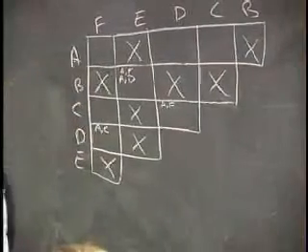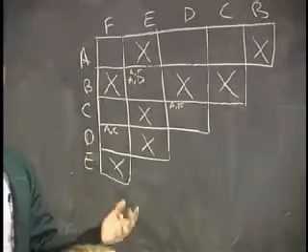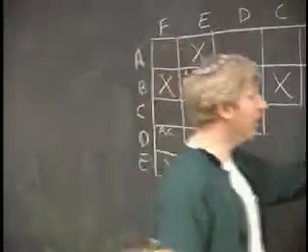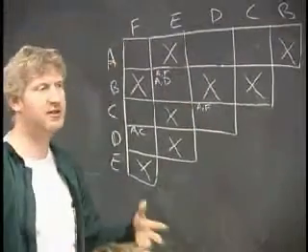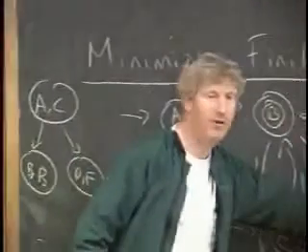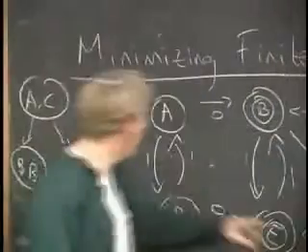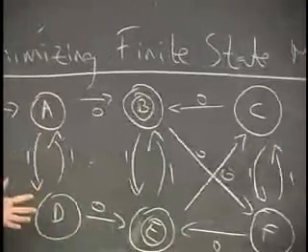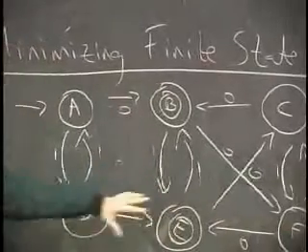There's really a lot of math behind this that I'm leaving out for a minute, but I'll just briefly mention that this is based really importantly on this idea of an equivalence relation. Deciding whether one state is distinguishable from another is an equivalence relation. And the reason that's important is that when I'm all done, I don't want to have A, C, and F equivalent to one another, and also have D, C, and F equivalent to another, but have A, D be different. That would be crazy, because then I couldn't collapse it. I'd have to collapse A, C, and F to one state, D, C, and F to another state, and somehow